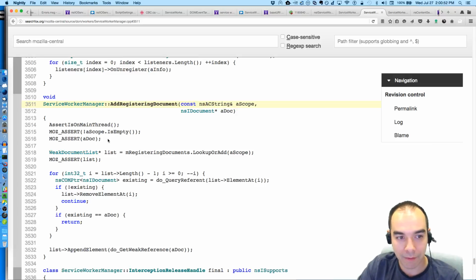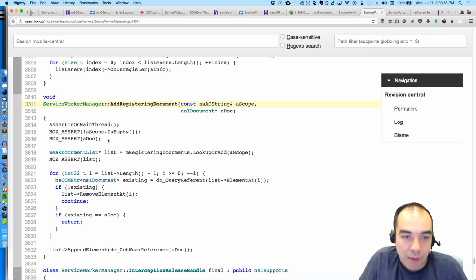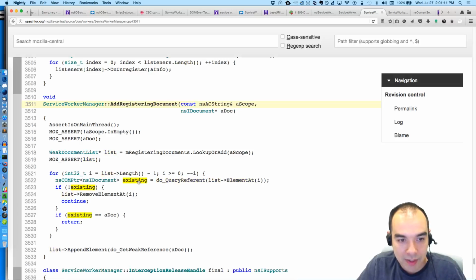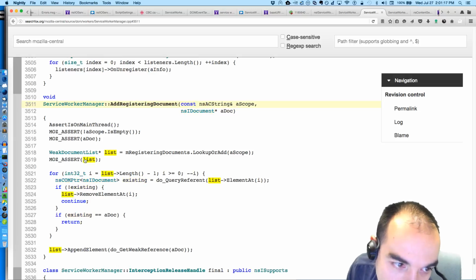Hopefully they go away if whatever they were pointing to is destructed. We have this member m registering documents, and we look up or add the scope, make sure that we have a list, and then for each entry in the list, we get the element and we make sure it exists, an nsIDocument, and if it doesn't, we remove it. Okay, so yeah, a weak document list.